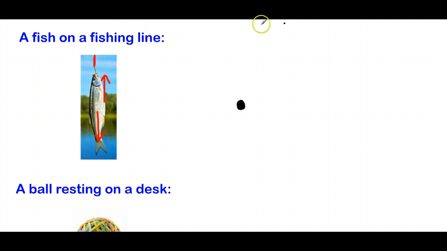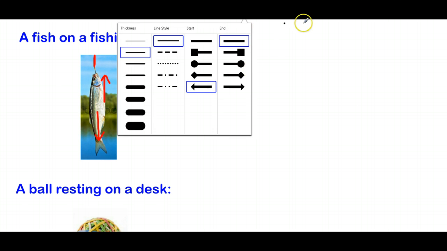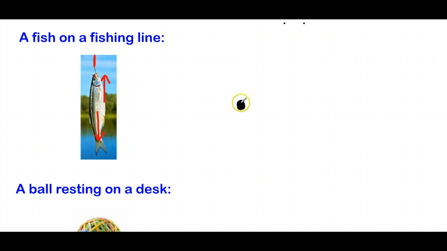Let's just see how to do that, to show our force going up. No, this isn't a straight line. Give me 1 second. Because it's a vector, we want to use a straight line with an arrow on it. So we know that there is one going up, representing tension,